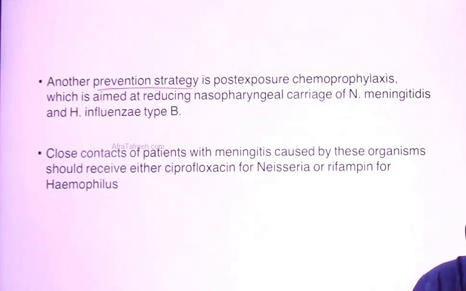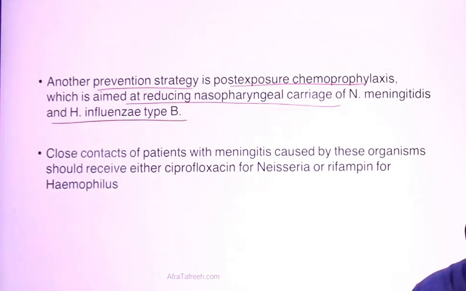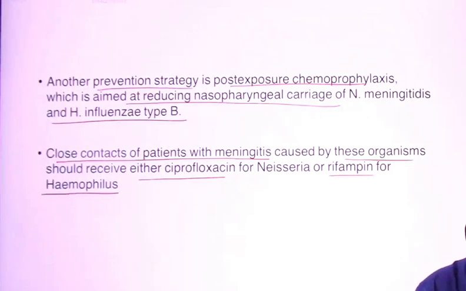Neonatal meningitis. Right? Another prevention strategy I have just told you in the post-exposure one is aimed at reducing the nasopharyngeal carriage of meningo as well as Haemophilus influenzae type B. It is said that the close contacts of patients with meningitis caused by these organisms, meningo and Haemophilus influenzae, should receive either ciprofloxacin, because it is given orally and can be given to a whole number of contacts, and rifampin also can be given for the meningo, and it is even said that for Haemophilus also you can give rifampin